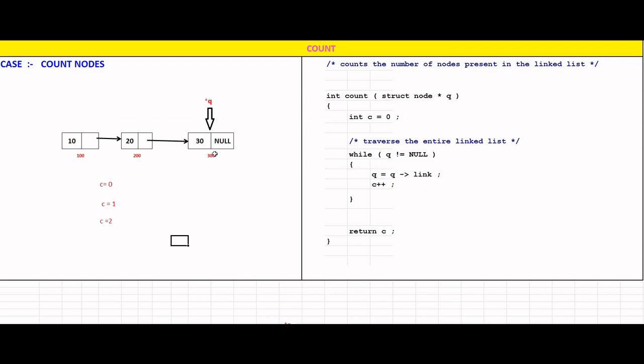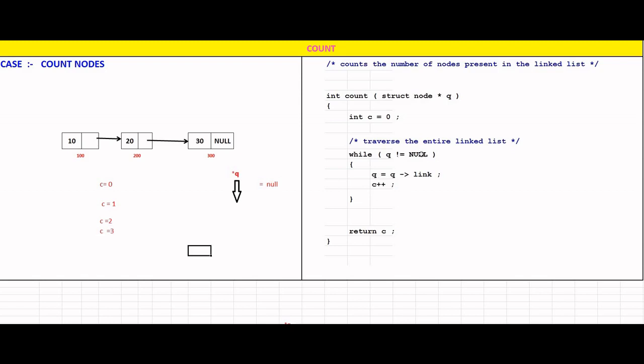Again we check. Is q not null? Yes, q is not null, having the 300 value. So we again do q is equal to q of link. At this line, q becomes null. Again c plus plus. Now c will become 3. Now we again check the while loop.